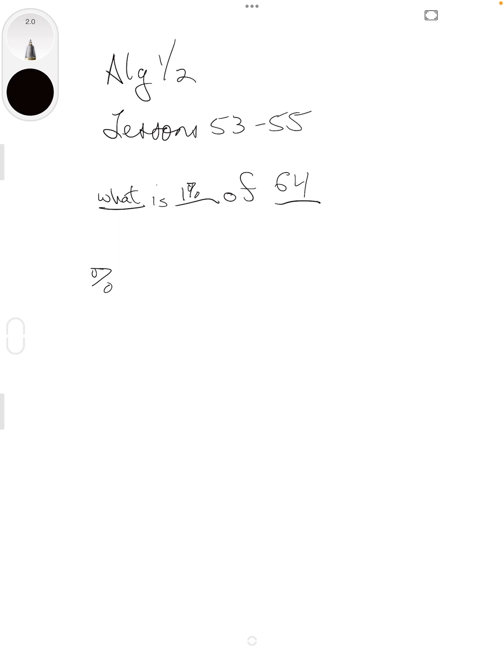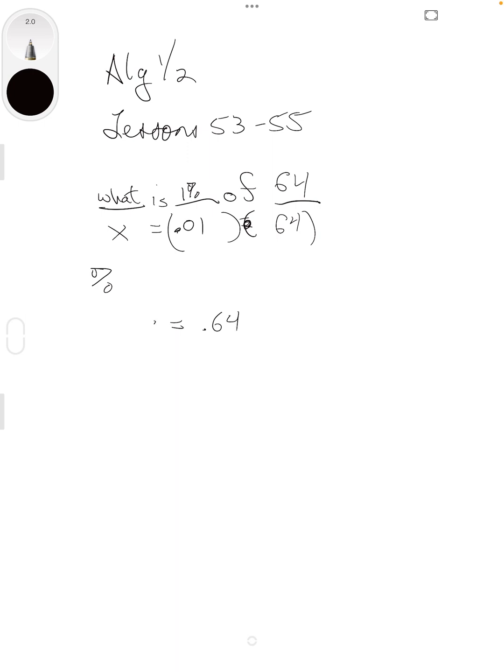All right, well, we know this blank we generally say is X. 1% is 0.01, so we change percent to decimal, and 64 is 64. So we say X equals 0.01 times 64. And you multiply that out, and you get